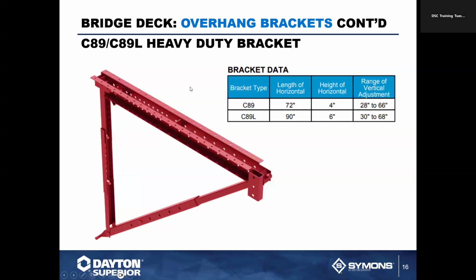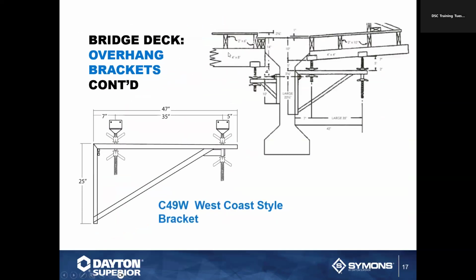We also have our C89 bracket, C89L, which is a 72 or 90-inch horizontal platform for the deck. But you are talking a much heavier bracket. This bracket is about 4 times heavier than the C49. As you can see, because of the height of the horizontal, you went from 2.5 inches to 4 inches and 6 inches. So now this is a beefy structure and typically uses a 3/4 inch insert and hanger for it. You are looking at increased capacities with this bracket, but